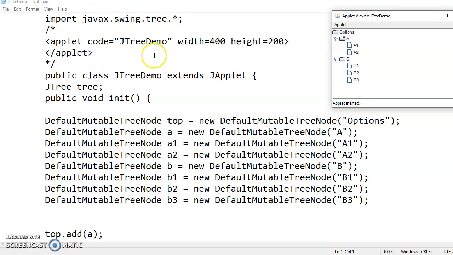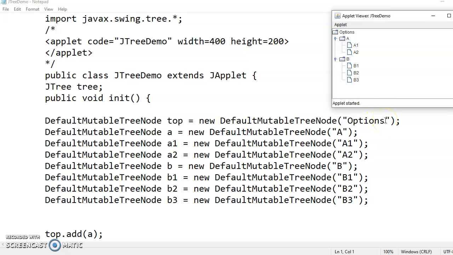There is a difference between the object name which you are giving and the name which you want to display. This object name is for coding purpose. Within the program, when you want to refer to the parent node, you will refer to the name top. But what should be displayed on the applet for the parent node is what you write within the double quotes. So this is options.